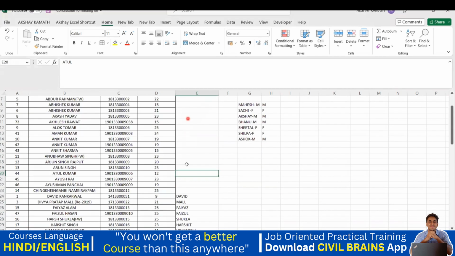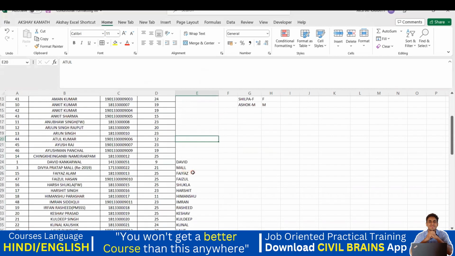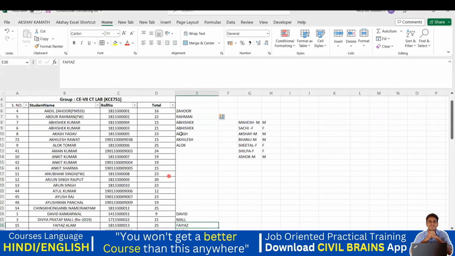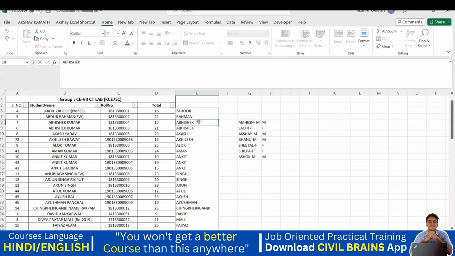So you can see it has not given me anything here, and later it went on giving the first word itself, David. Then here it has given Mall. Then here it has given Fayaz. That means the reason is something like this: it is not able to understand the trend. Okay, so that is why in that case, if you try to give another hint,